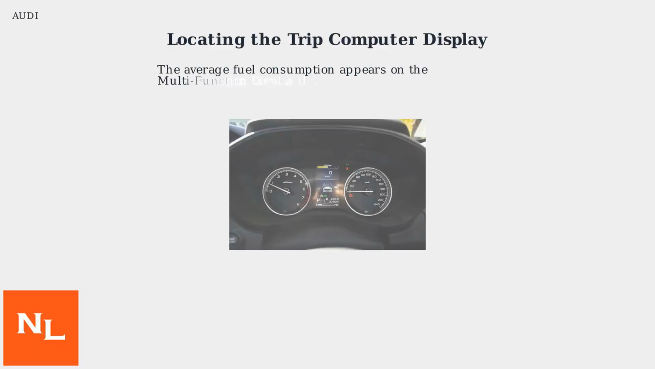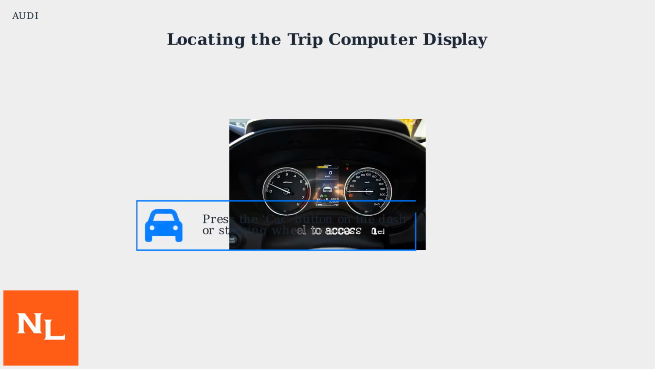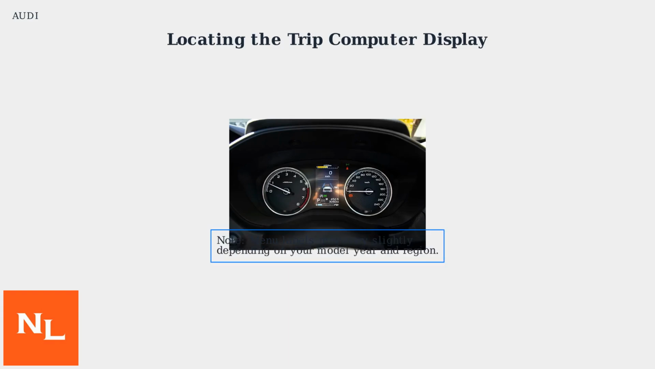The average fuel consumption is displayed on the multifunction display within your instrument cluster. This digital screen shows various vehicle information, including fuel data. Use the Car button on your dashboard or steering wheel controls to cycle through the instrument cluster menus. Navigate through the menus using the left and right arrow buttons until you reach the trip computer options. Then select Average Consumption. Keep in mind that the exact menu labels may vary slightly depending on your specific model